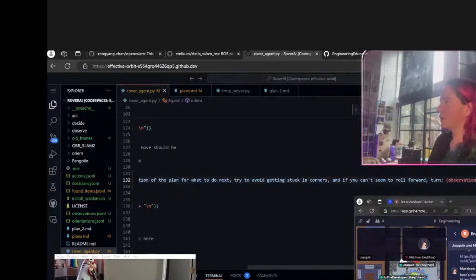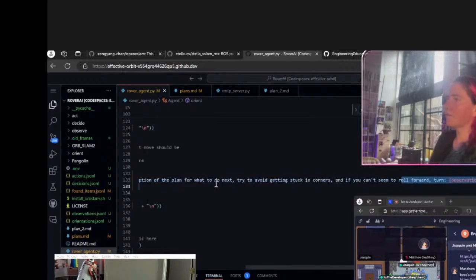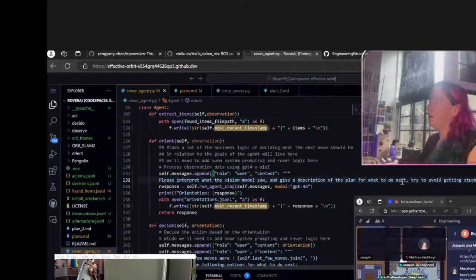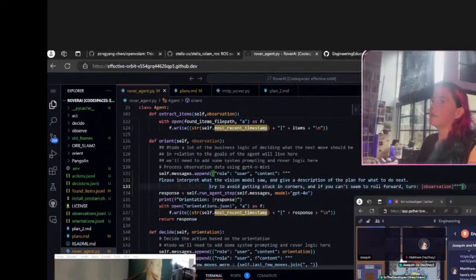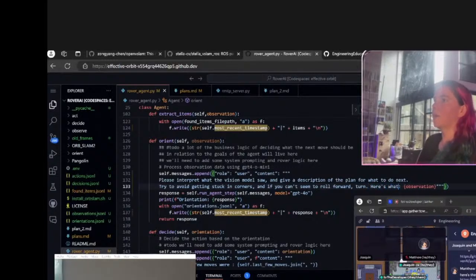I'll get rid of this little string concatenation over here. Cool. Okay. Give a description of the plan for what to do next. Try to avoid getting stuck in corners. And if you can't seem to go forward, turn.